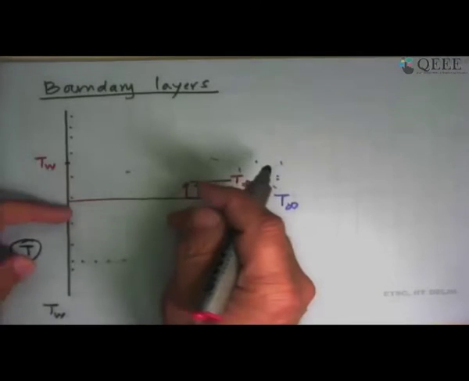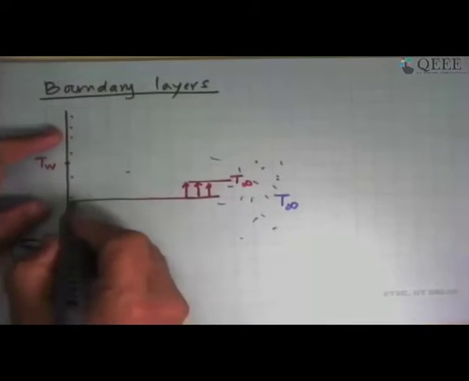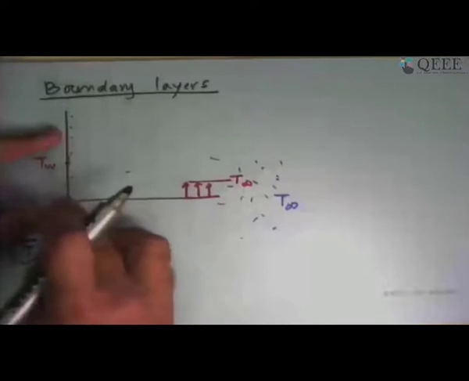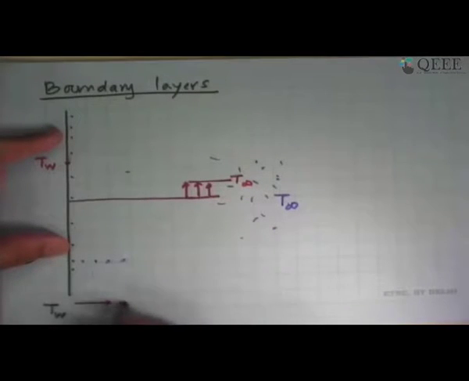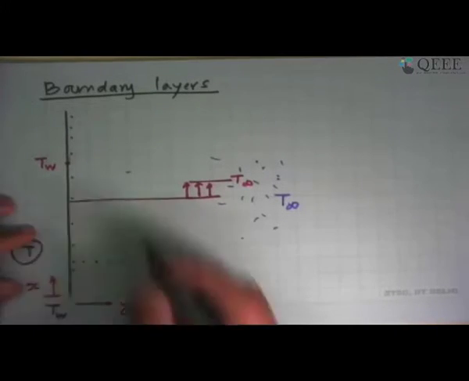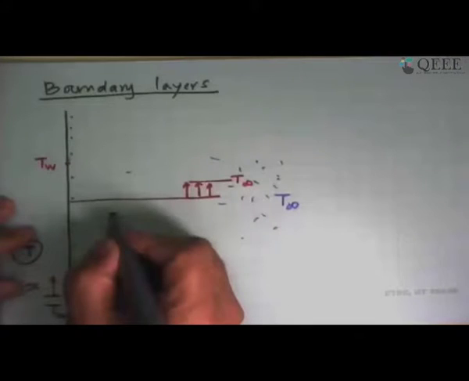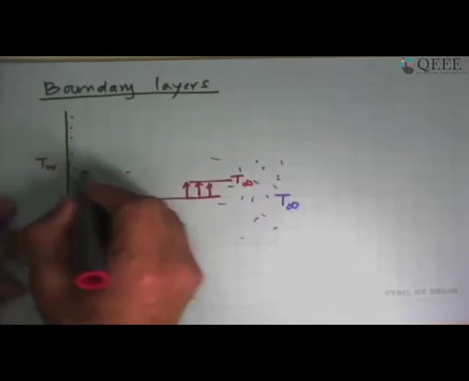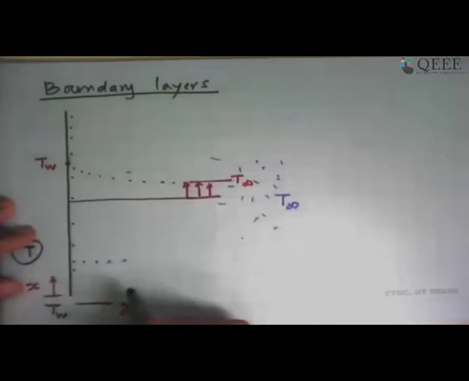So I'm plotting temperature on the y-axis and this axis, and this is what we have called the normal to the plate. What we did in forced convection was the y direction. Along the direction of the plate, this is the x direction. So what will happen in between here is that gradually this fluid temperature will keep coming down, and finally at some point it will be the same.